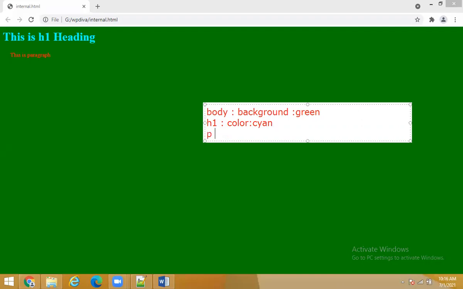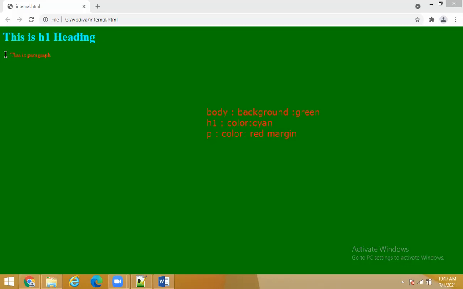Then I have taken paragraph now. For paragraph, what am I taking, guys? We are also taking margin. Yes, very good. So I have taken color as red, right? Then after taking color red, one more property we are taking, guys, that is margin. Can you see the margin? See, here some margin is left now. Can you see? Yes, you can see that. Very good. See, at this area, in the very corner, some margin of 20 pixels is left at the left side.